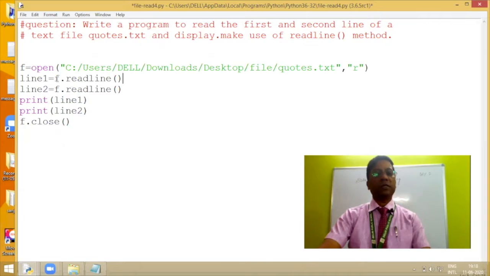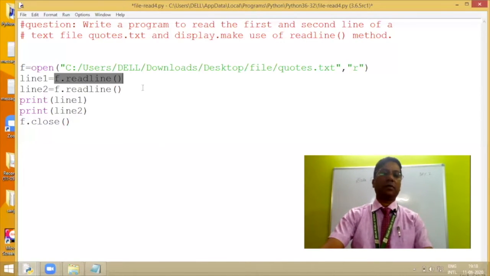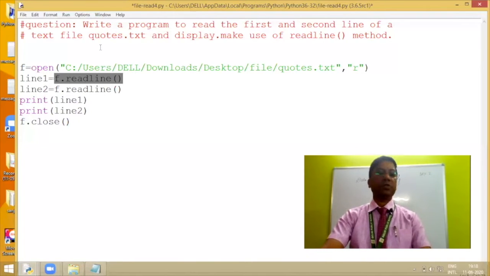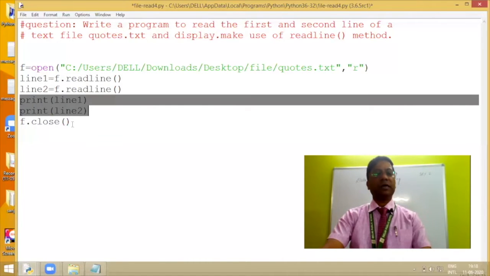So this f.readline will read the first line of the file, and it will get stored in the variable line1. Then when I make the second f.readline call, the second line will be read out and stored in the variable line2. So both the lines I am displaying, and f.close will close the file.